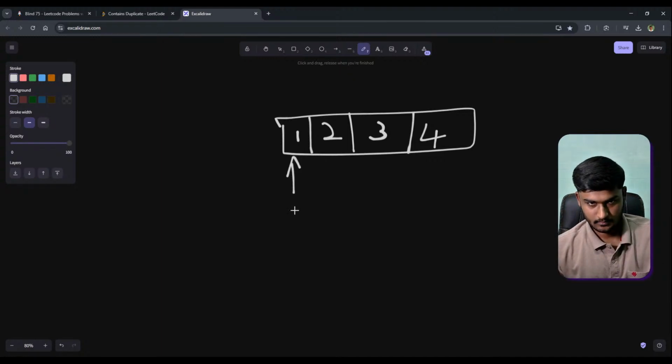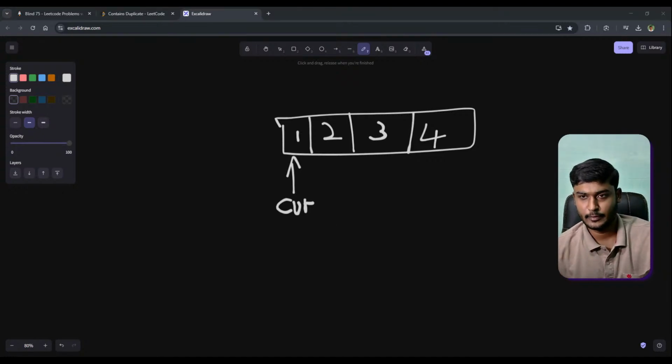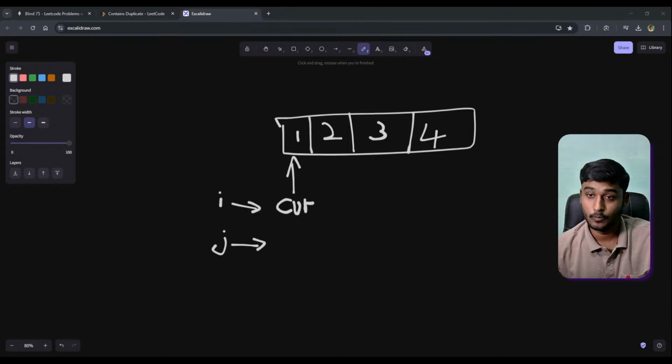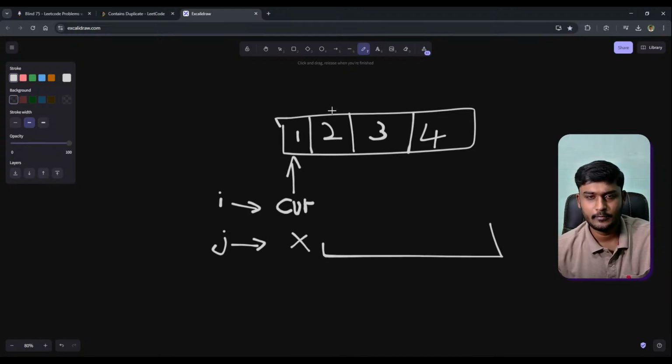So here in the first loop, our current element will be the first one. This is loop 1, i. For loop 2, we don't need to start from 1 because that's the same element, right? So we can start directly from index 1.